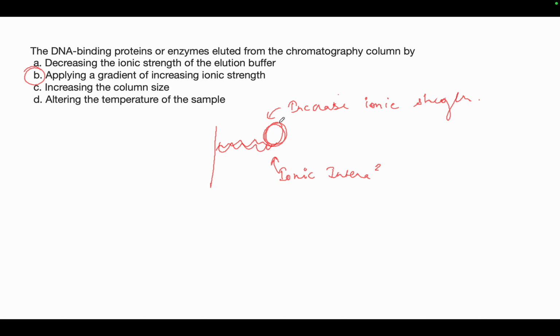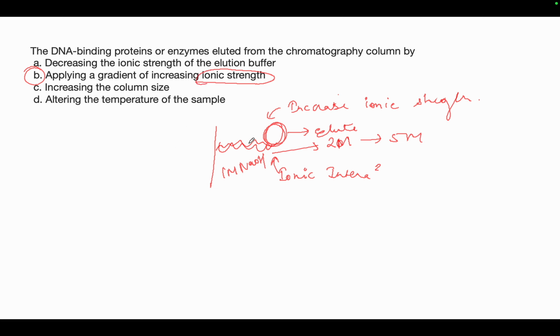Okay, so if the binding occurs at 1 molar NaOH, we can just increase the ionic strength, or keep on increasing from 1 to 2 molar or 5 molar, and it will eventually elute out. So by applying a gradient of increasing ionic strength of the solution, we can elute the enzymes from